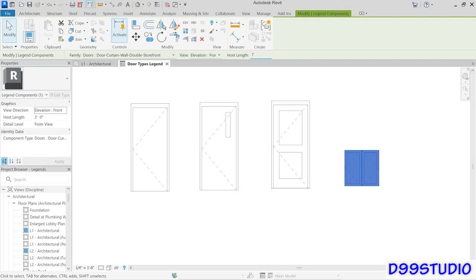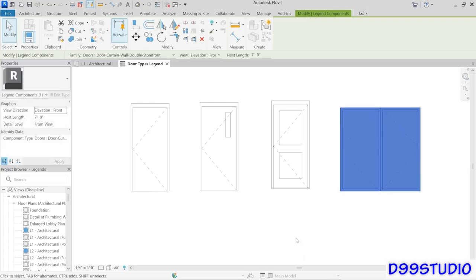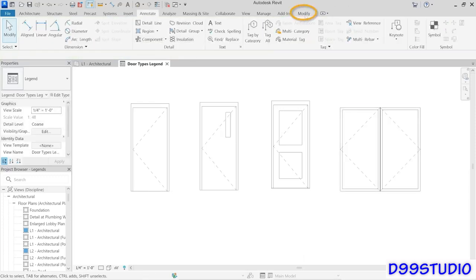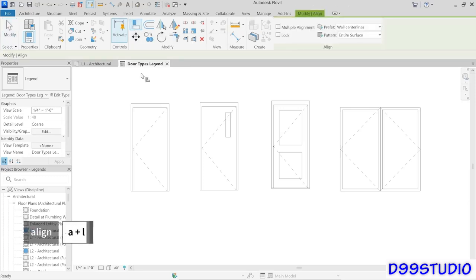And so in my experiments, 7 feet works pretty well in the imperial file, and that's about 2100 in the metric file. So I'm just going to go ahead and drag this about where I want it positioned. Now I'm going to go to the Modify tab and my Align tool, or type AL, the keyboard shortcut. And what I want to do is pick the bottom edge of the first door, and that's going to be